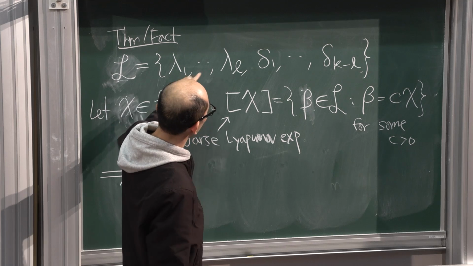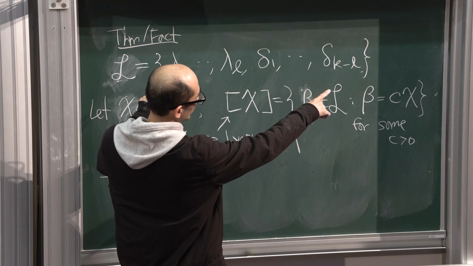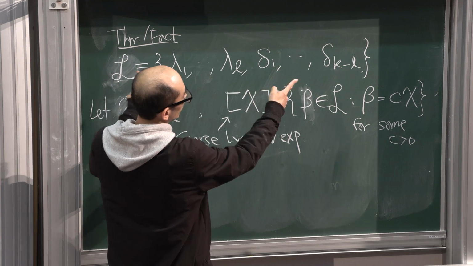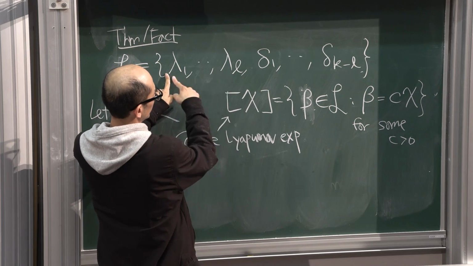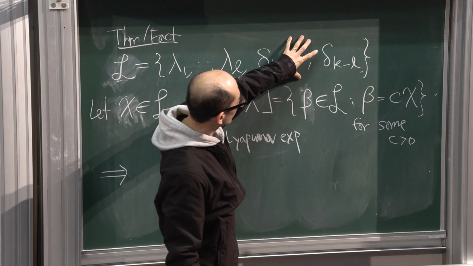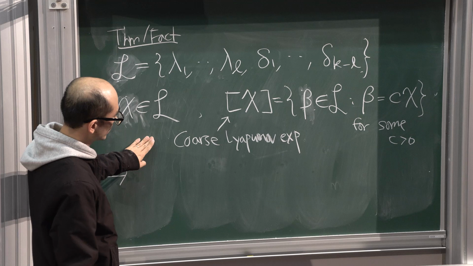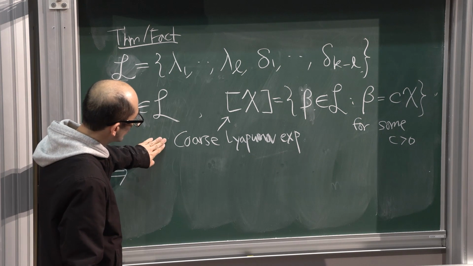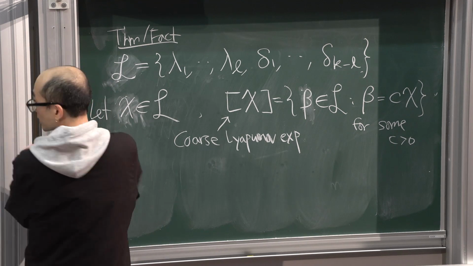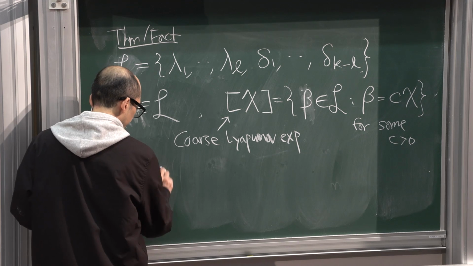So maybe they are all not positively proportional, so you have k different coarse Lyapunov functionals or exponents, or maybe there is only one. Maybe. I don't know how many coarse exponents will appear, but if you collect all positively proportional Lyapunov exponents or functionals, which is an element in L, then actually there exists